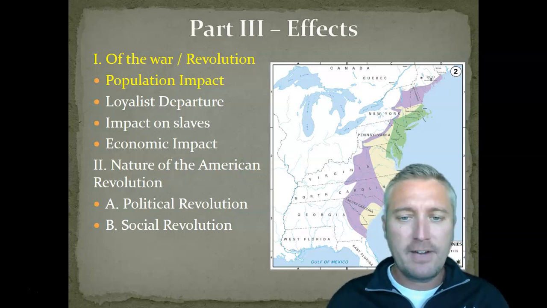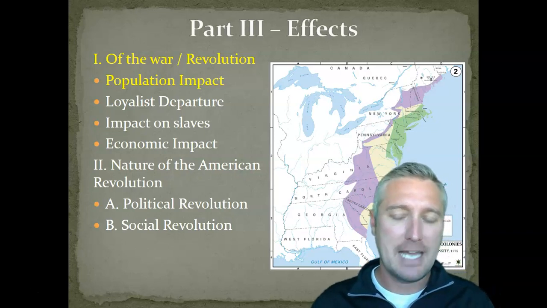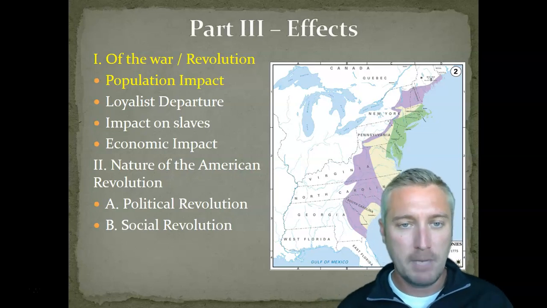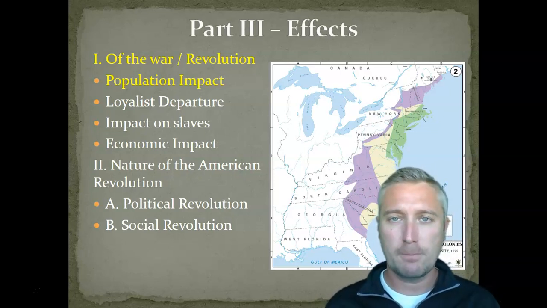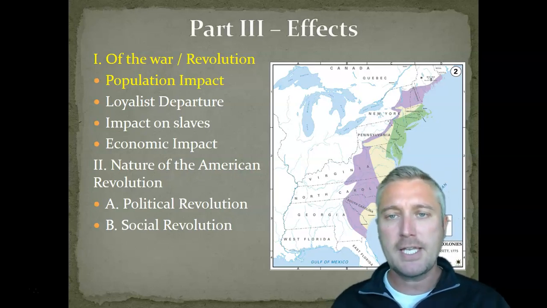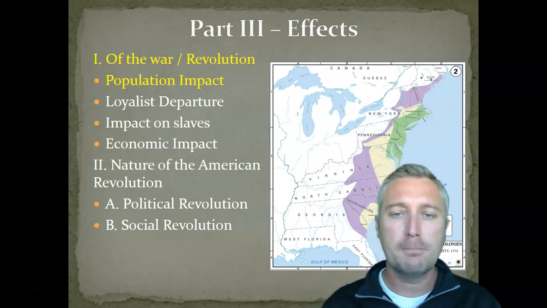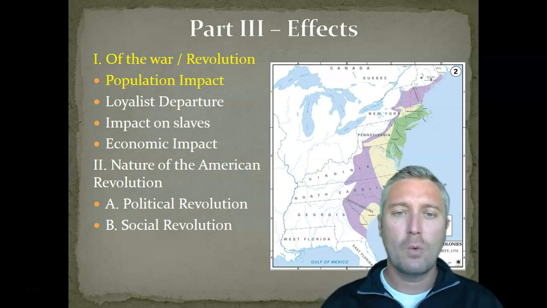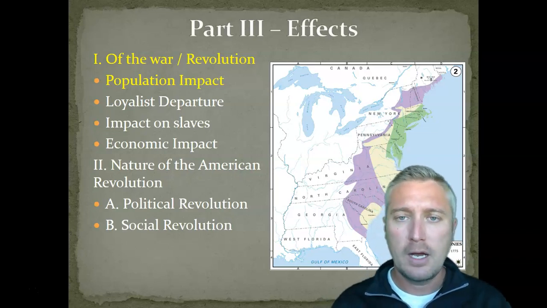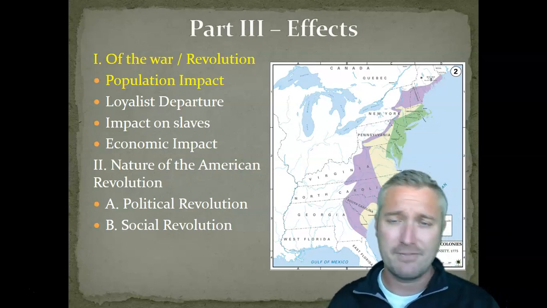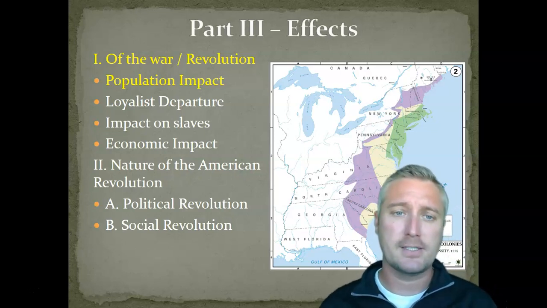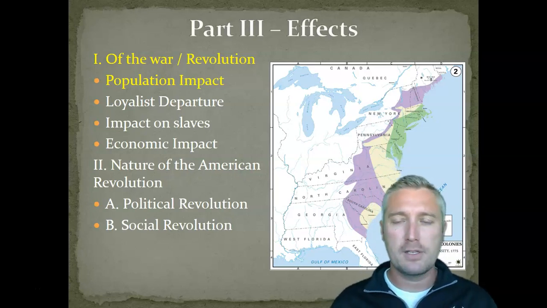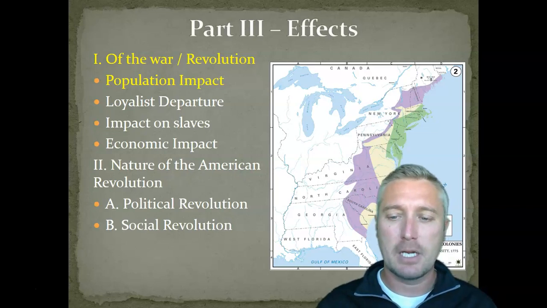There were about 25,000 American military deaths. Now, today, sadly, that number may not seem like that much, but you have to understand, a much smaller population overall at the time. This accounted for right around 1% of the population. That is a tremendous impact, okay? When you lose 1% of the population to war, that is actually a very large percent. In fact, it's the second biggest percent out of any war that America would fight, except for, of course, the Civil War. So 1% of the American population will die during the American Revolution.